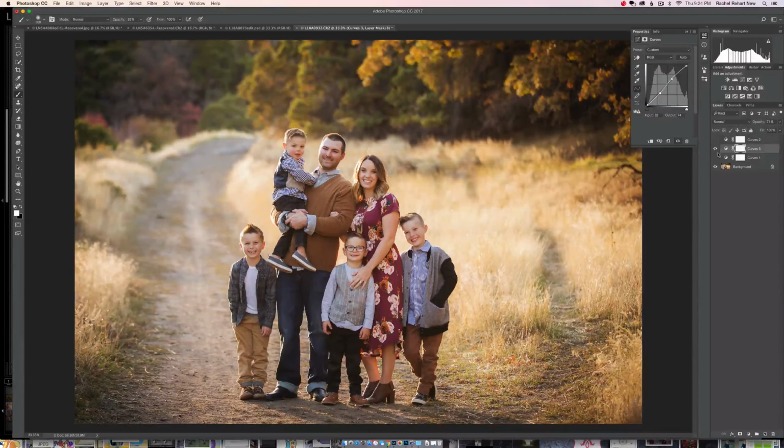Let's turn this off. Curves can be as basic as saying, I feel like I need to lift this image a bit. I just want it lifted. Or curves can be as simple as saying, I like where this image is at and I just want to give it a little pop. Maybe that's what I like. It can be as simple as these types of things,